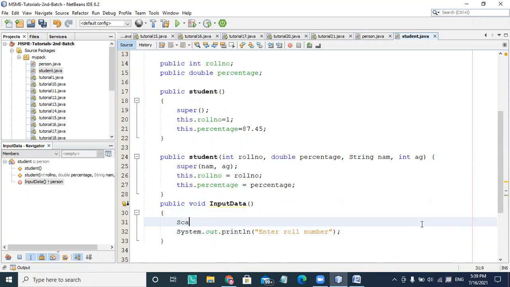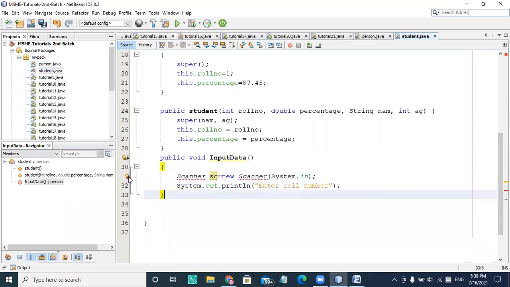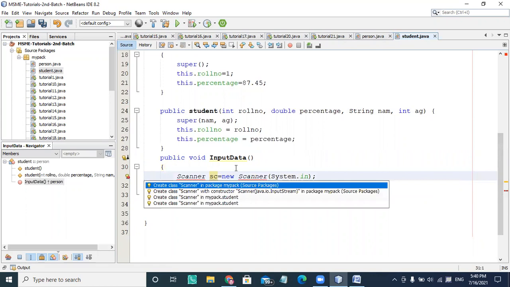So I'm choosing a Scanner object SC equal to new Scanner with the System.in object. It's an input type of object, a reference I'm creating as an SC object.